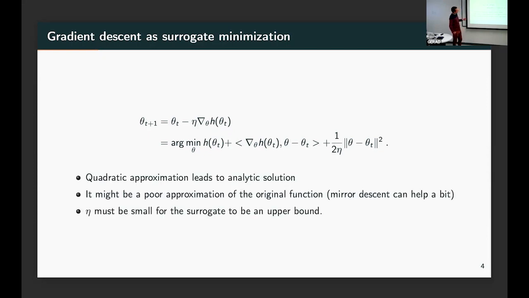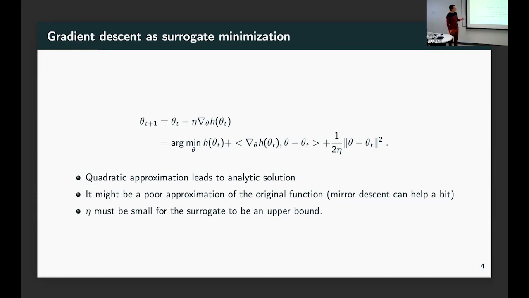And so the quadratic approximation is really neat because then we know exactly how to solve it in 1 step, and we'll see more complex cases. But this quadratic approximation might be a terrible approximation of the original function h, right? So in the spectrum in between simplicity and accuracy, we went all the way to simplicity, potentially at the expense of a lot of accuracy loss.